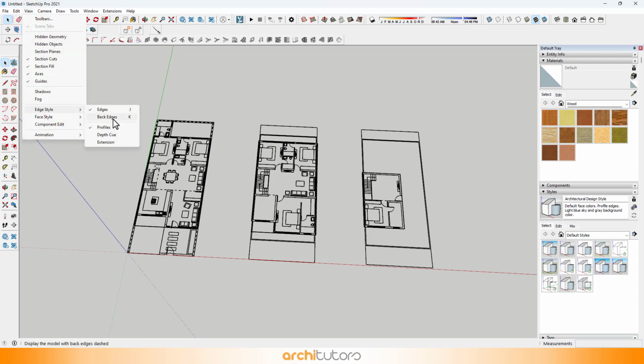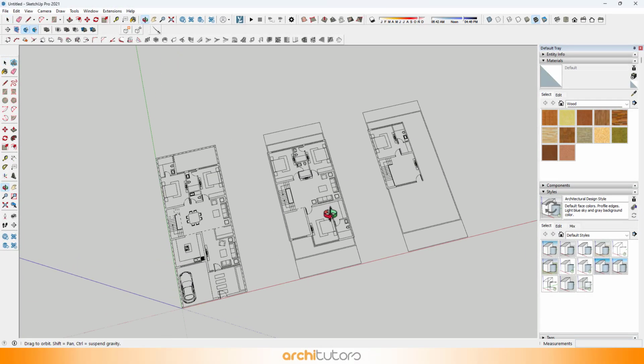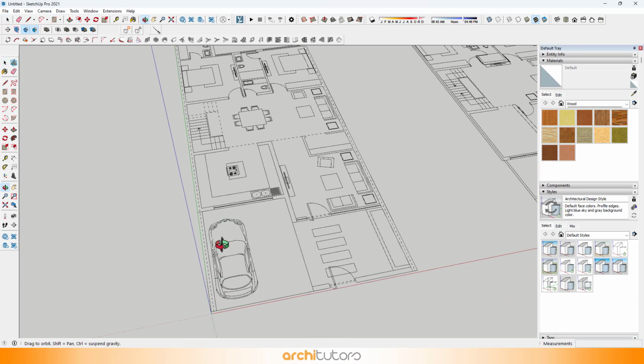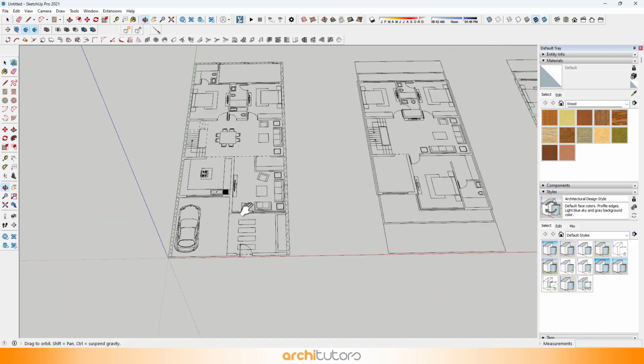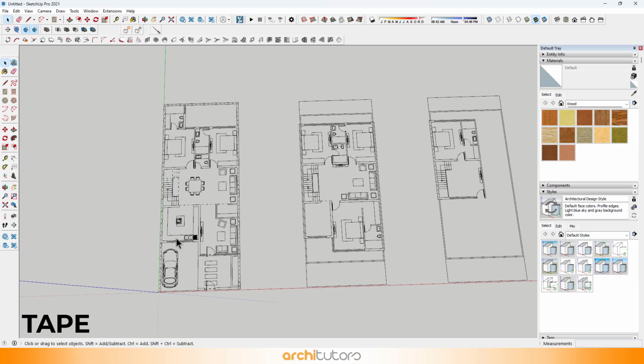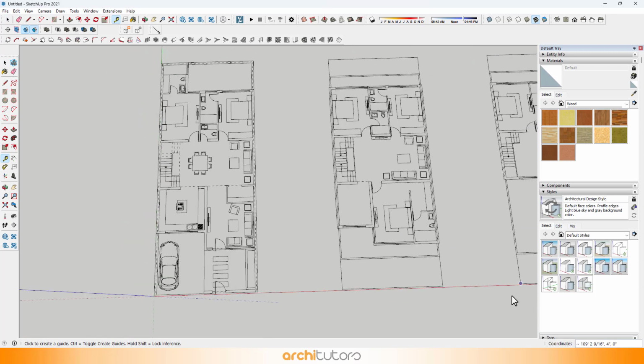I'll turn the profiles off. Make sure it has the correct scale. Use Tape tool to take measurements.